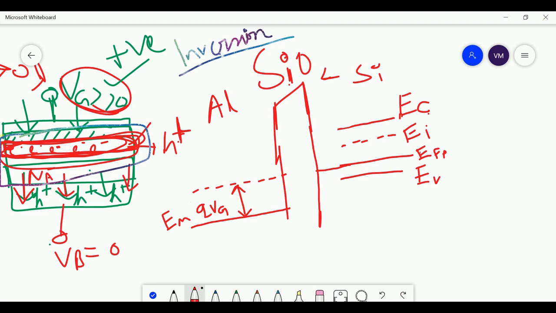This silicon at the surface, only at the surface. So let me highlight this portion, only at the surface. So the silicon only at the surface is acting like n-type. Please remember, this much portion